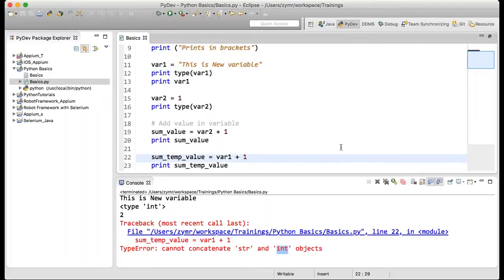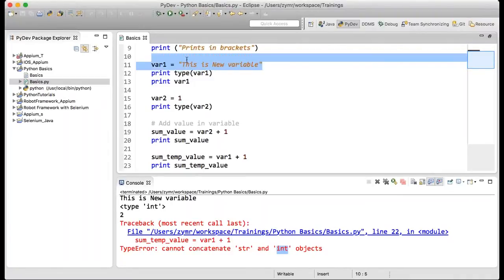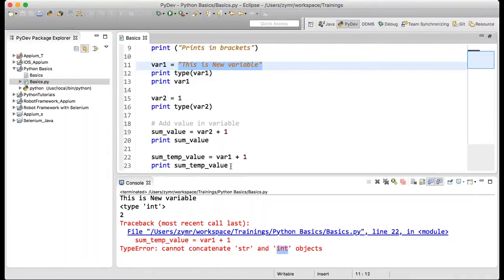However, if you say that I want to add this one as a string itself to this particular string, so now what I'm expecting is this is new variable and then I want to print along with that 1 as the value. How will I do that?